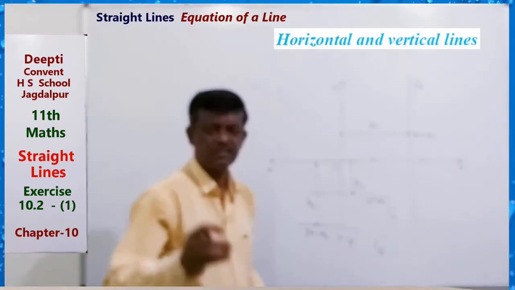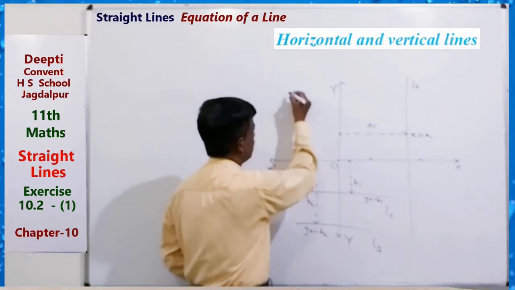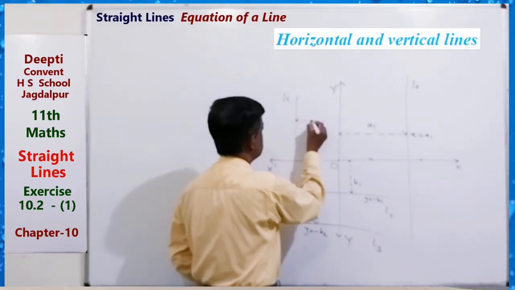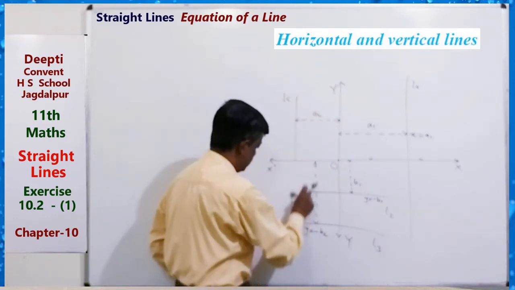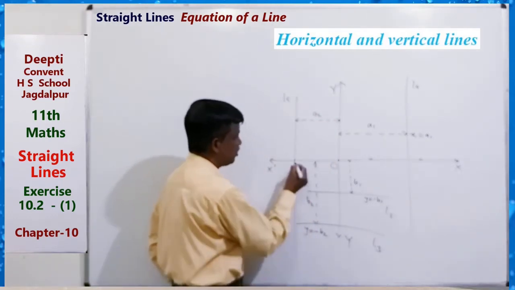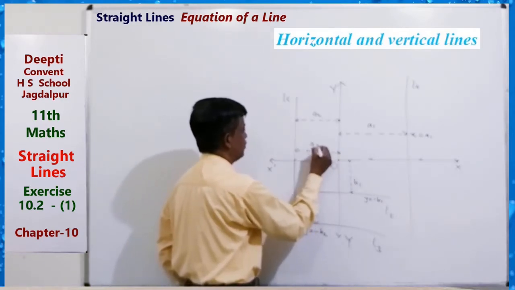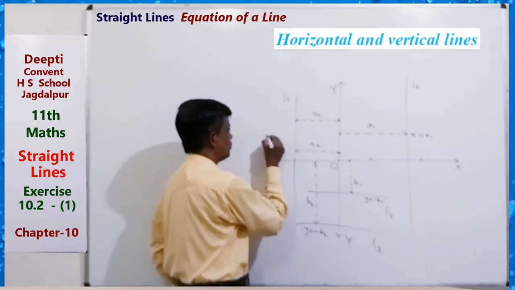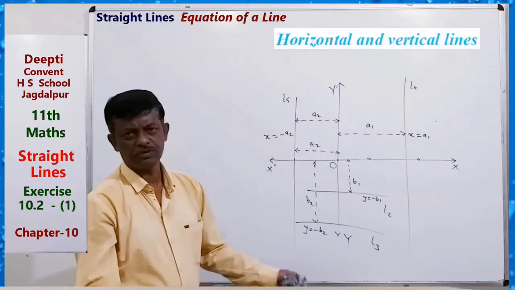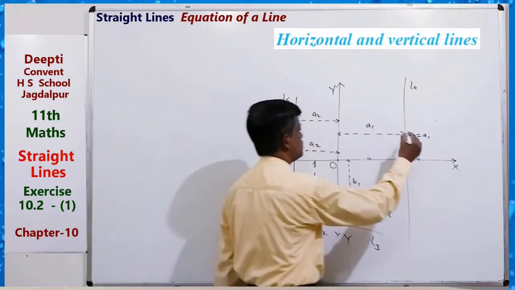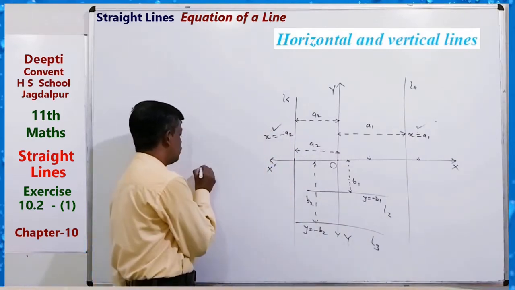That is, x equals some constant. Here suppose this is line L5 and this distance is A2. At any point on this line the distance is A2, so we can write x equals minus A2 because it is on the negative side. This is the equation of a vertical line. So x equals constant